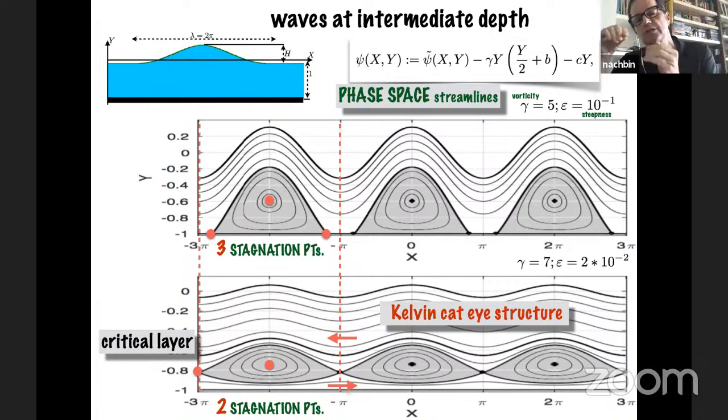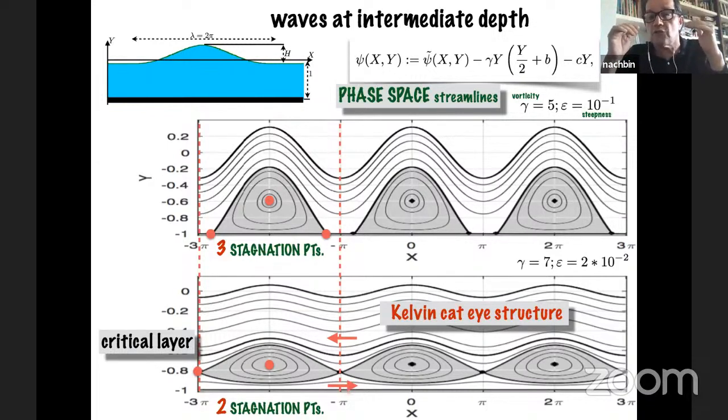There's some analysis, which is the following: as you increase vorticity, where does this critical point come from? It comes actually from the bottom, and then there's a bifurcation of one critical point into 3 critical points. You'll see this in a second. Here you can see the 3 critical points, as I wrote here, 3 stagnation points. As you increase vorticity, this recirculation zone increases until it hits the dashed line, which is the periodicity window, right? As soon as it does that, you actually have 2 stagnation points because one is already the image of the other one due to periodicity.